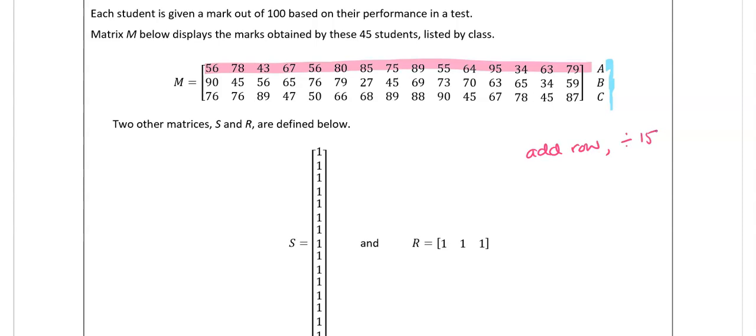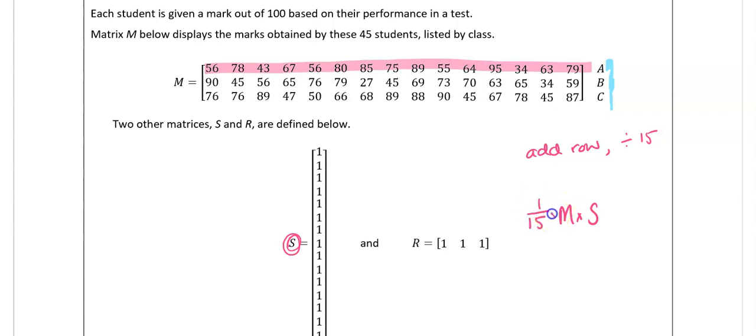So if we think about how can we use matrices to do that, if I have to add the rows, okay, then that means if I go back to the previous page, I have to post multiply by a column matrix. And so here, S is my column matrix I can use. So we already know we're going to do a post multiplication by S. I also need to divide by 15. And so that's where I can use a scalar